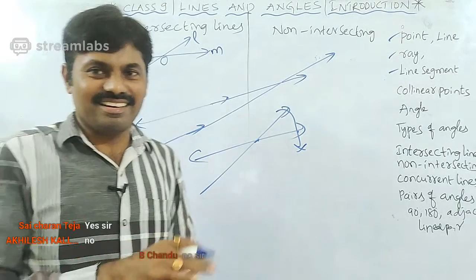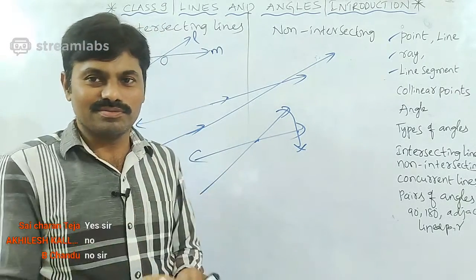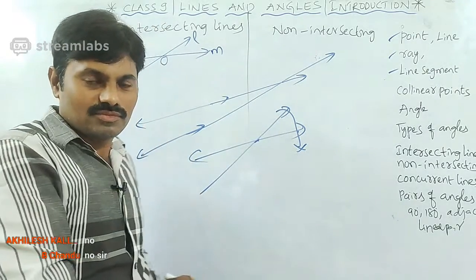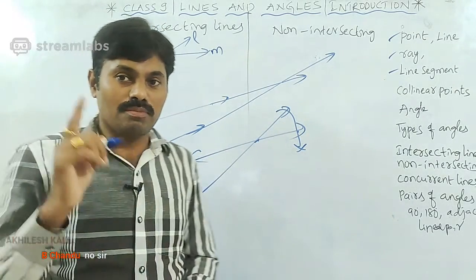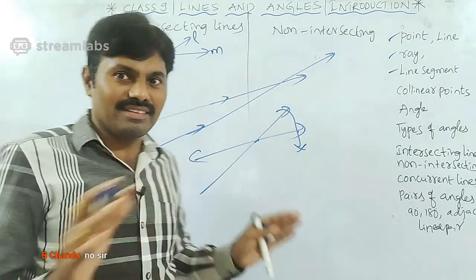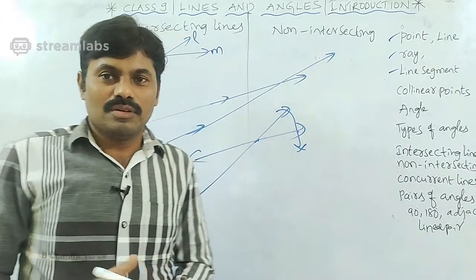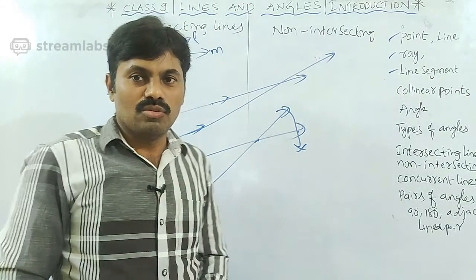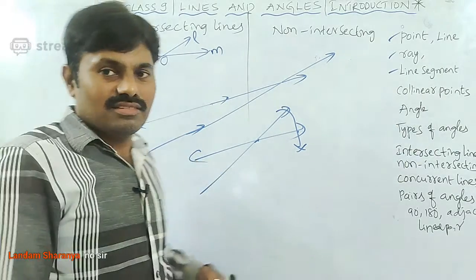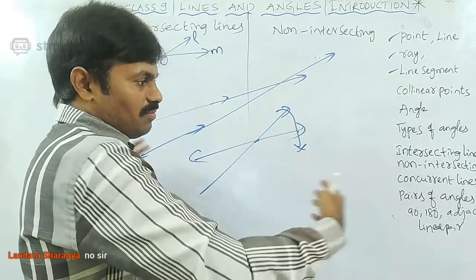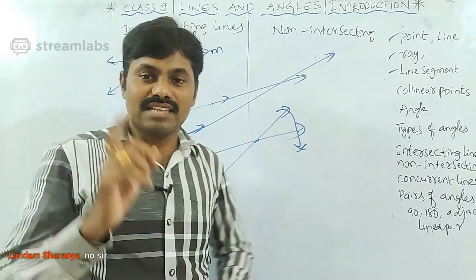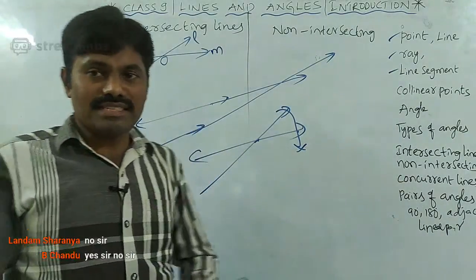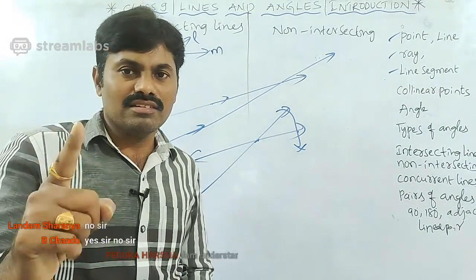Then we call it not a line. It becomes a curve. So we consider two lines in a plane. See my dear students, here we have to remember one word. I forgot to tell you: plane. What is a plane? Plane means it is a two-dimensional region which extends endlessly lengthwise and breadthwise. That is called a plane. In a plane, if two lines are intersecting at one point, we call those